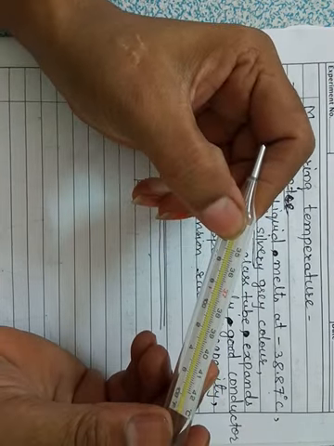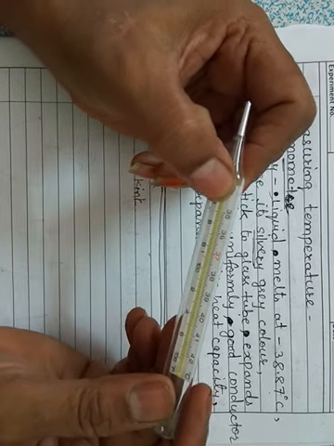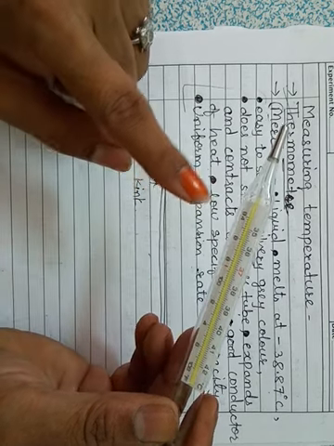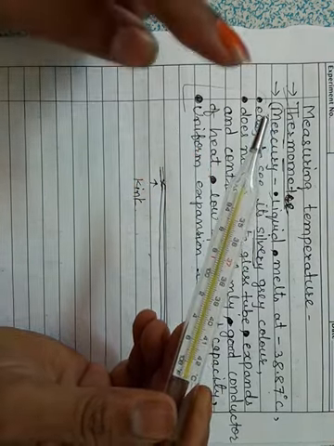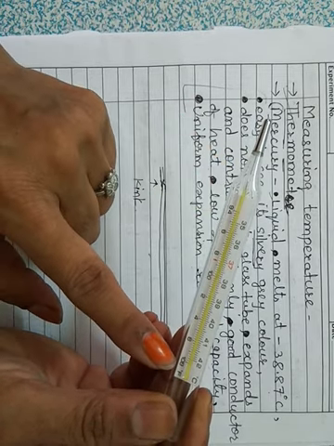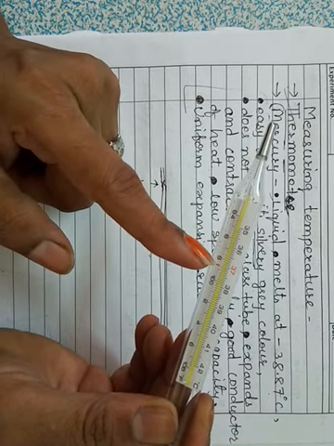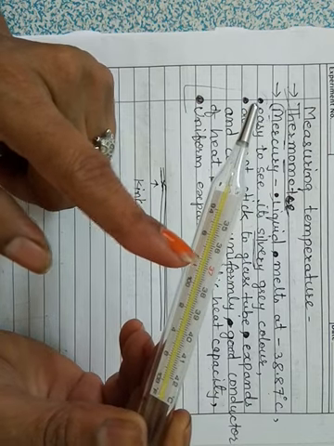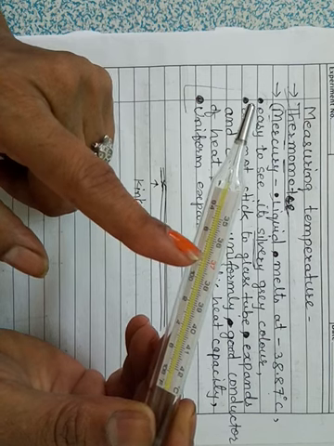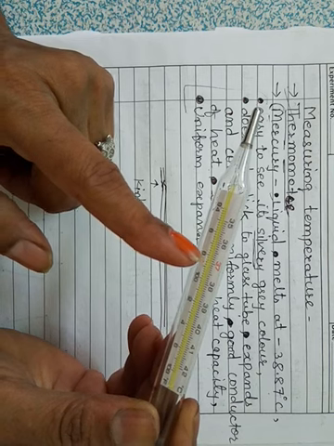You can see here, this is the clinical thermometer. So it is showing temperatures. Its range is 35 degrees to 42 degrees Celsius, or in Fahrenheit you can see 94 degrees to 108 degrees Fahrenheit. Okay, here you can see the red color mark indicated exactly at 37 degrees Celsius. So 37 degrees Celsius is the normal body temperature. That's why it is shown in red color.